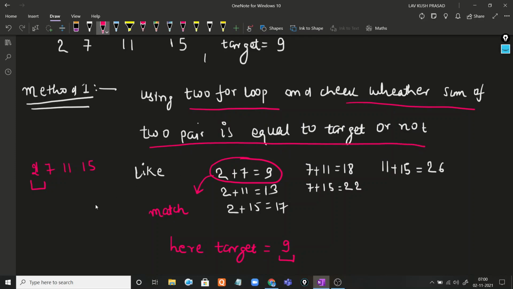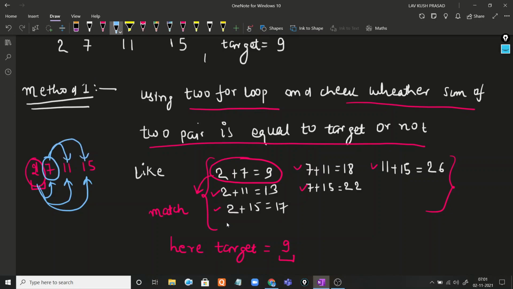First of all we make all the possible pairs in this array: 2 with 7, 2 with 11, 2 with 15, 7 with 11, 7 with 15, and 11 with 15. Using the two loops, the first loop starts from this one, and then it goes on to check 7, 11, and 15. Then for 7 it will be checked with 11 and then 15, and so on.